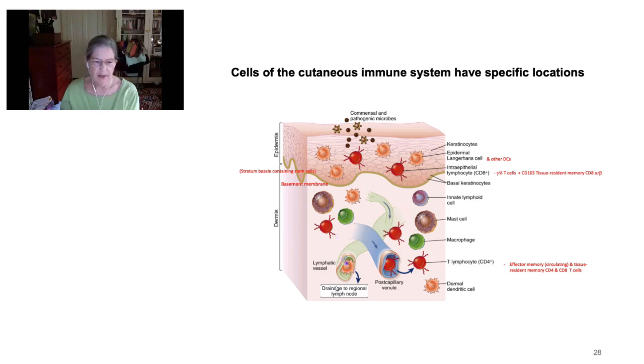So those lymphocytes in the regional lymph node will get primed, and they will come back